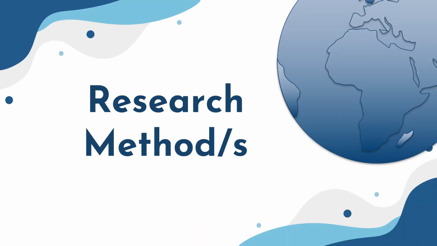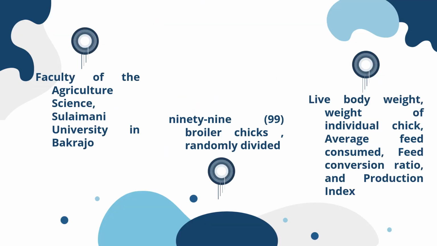Okay, so let's proceed to the research methods. The experimental site of this study is the research farm of the Faculty of Agricultural Science, Sulaimani University in Baracajo, during the period from the 10th day of October 2014 to the 12th day of May 2014. There were 99 broiler chicks used as subjects and were randomly divided into 3 replicates, which contain 11 birds